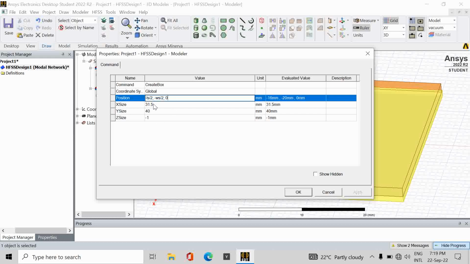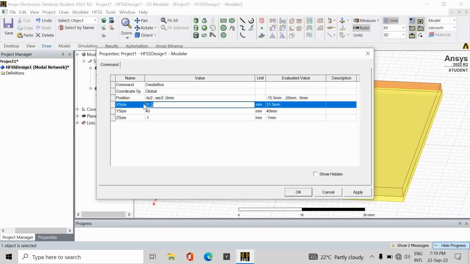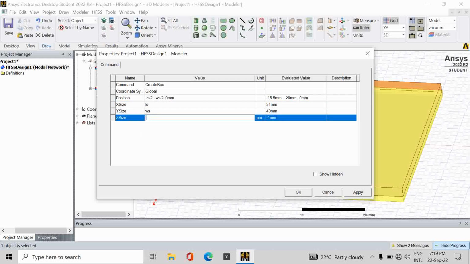Okay, now regarding this also it will be LS and it will be WS. Now in this case you have to give a minus TP. What is minus TP? TP is nothing but the thickness of the copper cladding. And further